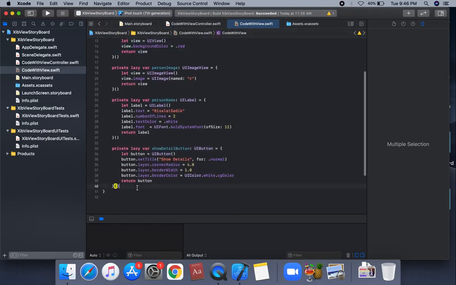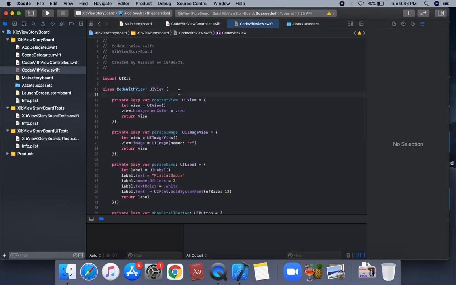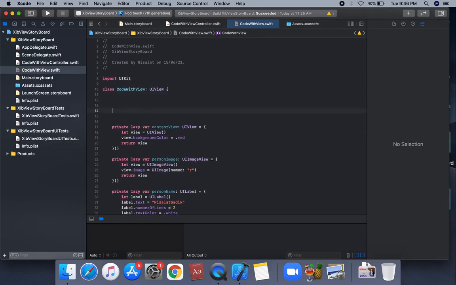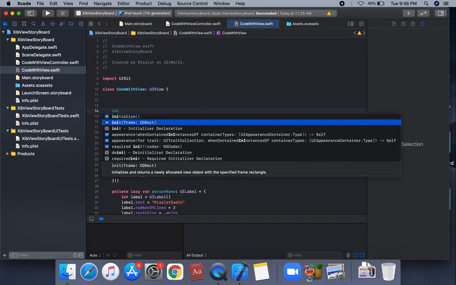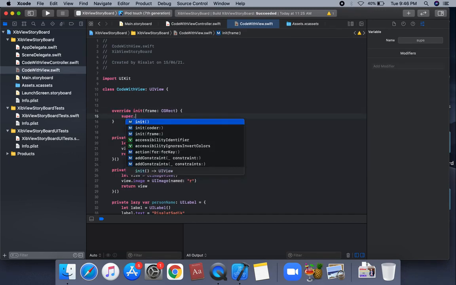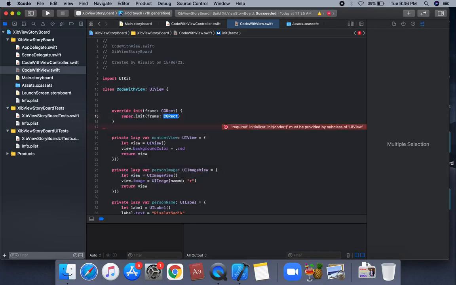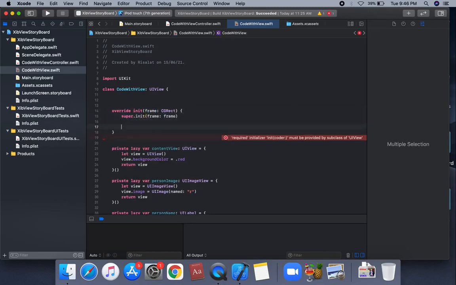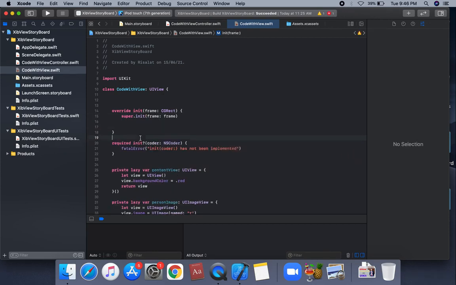Okay, firstly we can use the initializers. The view's first initializer is init frame, and we can use super dot init, the designated super initializer. This means a designated initializer. Super dot init with frame. We can pass on this frame. So in this calling we can use the initializer. So this is a required initializer. We can fix on this required. The required initializer is used for storyboard, and the frame initializer is used for coding and programmatically created views. So these are the initializers, and